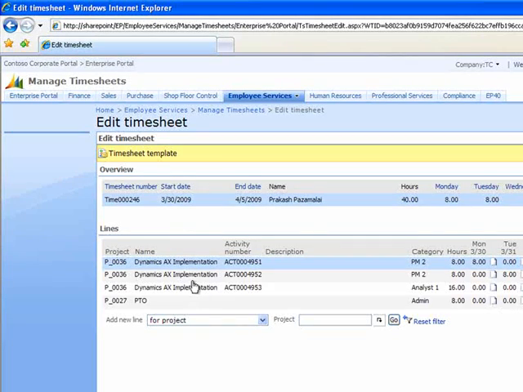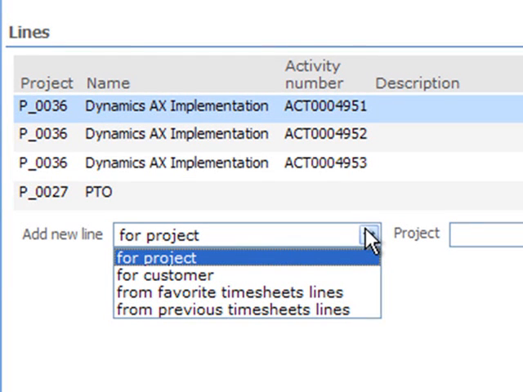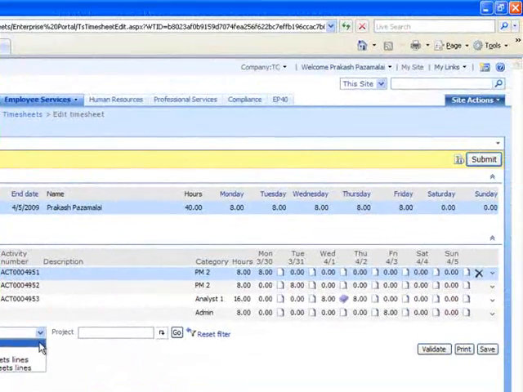These daily activities can be loaded from my favorites list, from the previous week's timesheet, any other timesheets, or additionally from my scheduled activities. So I can quickly just select an activity, update the time, and then I'm good to go. When I've entered my timesheet, I simply come up to the top part of the screen here and hit